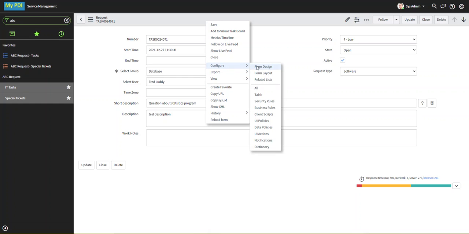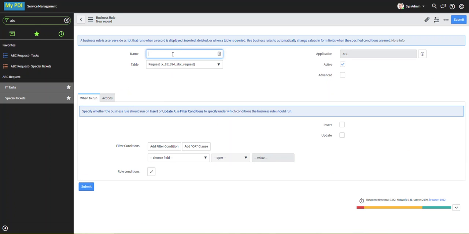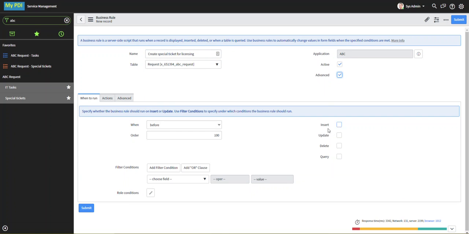Right-click in the form header, configure business rules, click new. Give it a descriptive name, and we're going to use JavaScript code, so we want to click the advanced checkbox. In this case, we want it to run when that is updated,